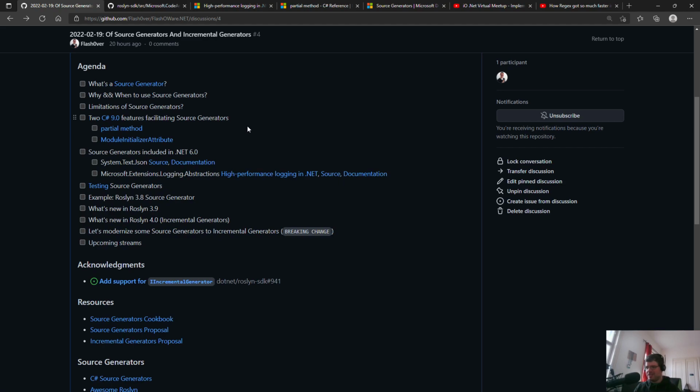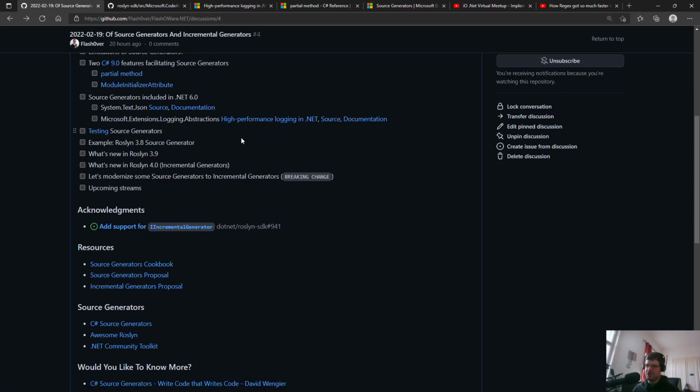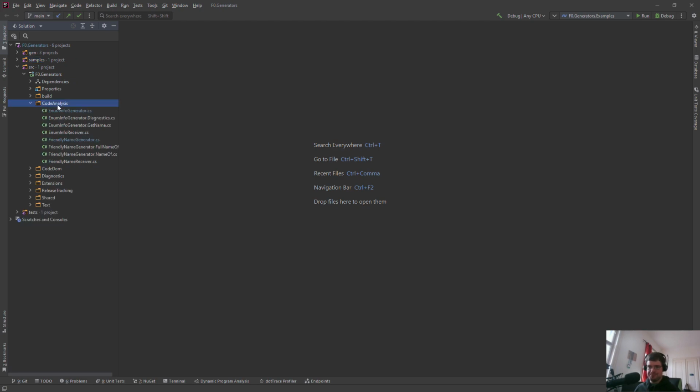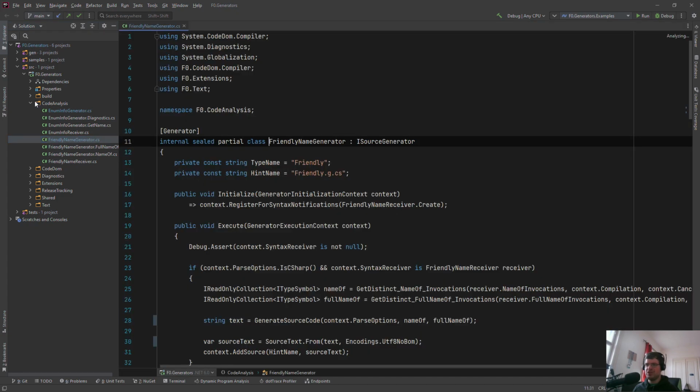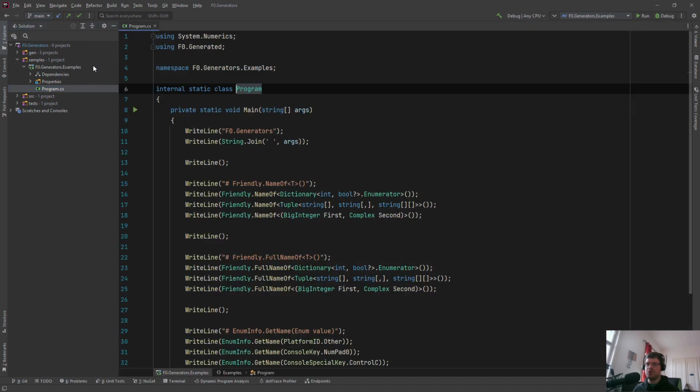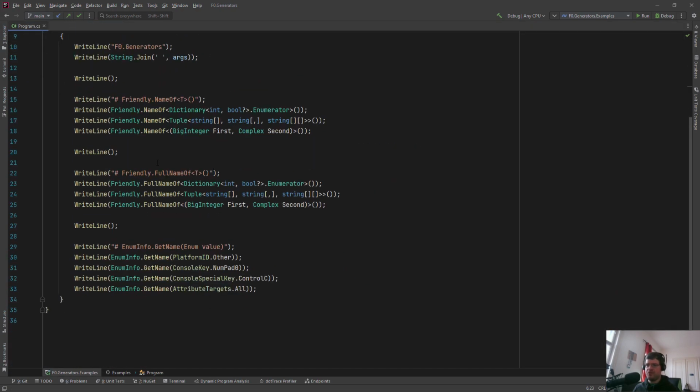So that's why I'm always mentioning those different versions of generators. Let's have a look at the implementation of a 3.8 source generator. I want to show examples that I've built previously. The first generator I built was actually, let's show first what it does. So let's go to the example project. The first generator I have